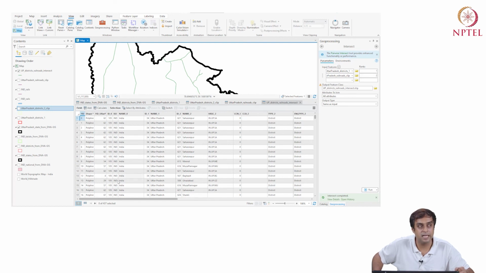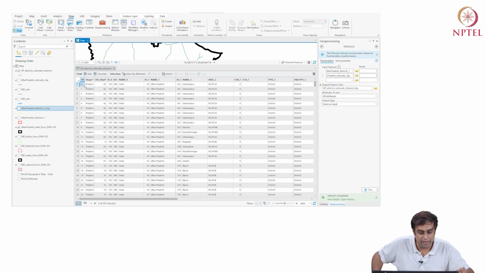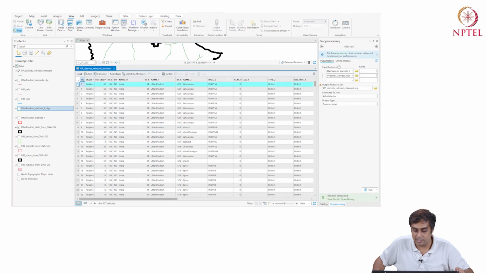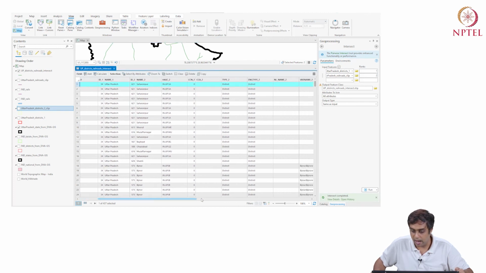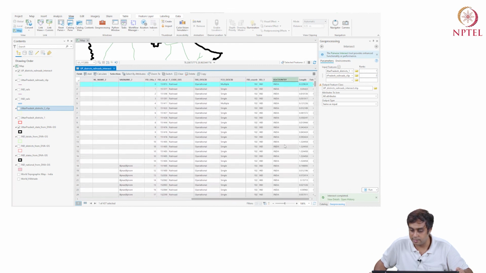Here on the CSV or the Excel sort of type of format on the attribute table, let's close all other attribute tables to focus on this one. Okay, what do we have? We have the first unit is a polyline, so it's a polygon and a line, so it's an intersect of the two. It's a polyline. It is Saharanpur, it has Saharanpur in it, and it has a railroad of size 22 kilometers or 23 kilometers.